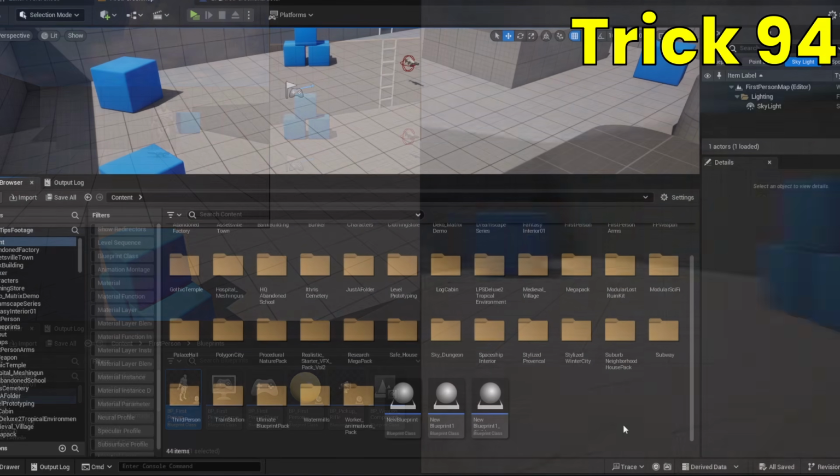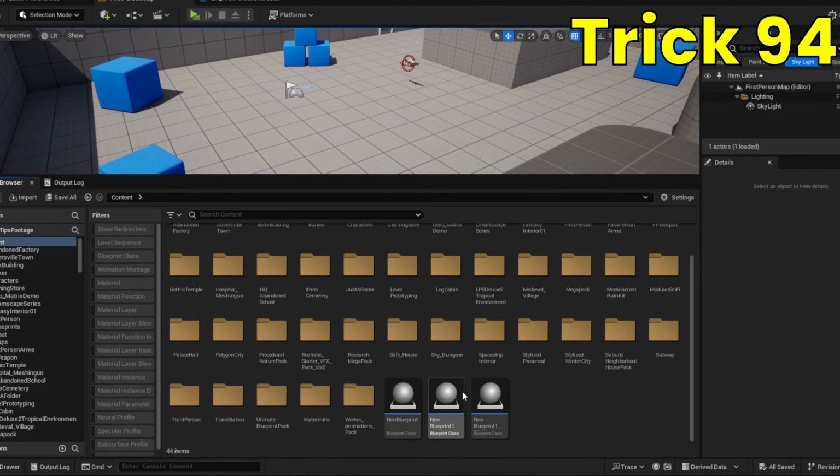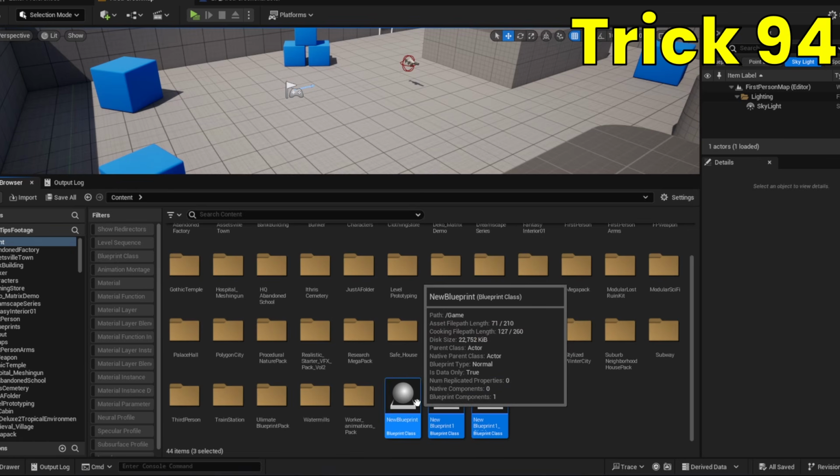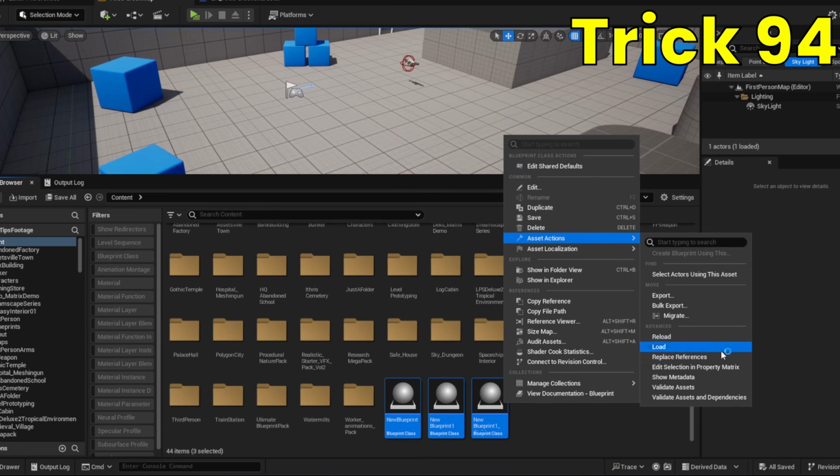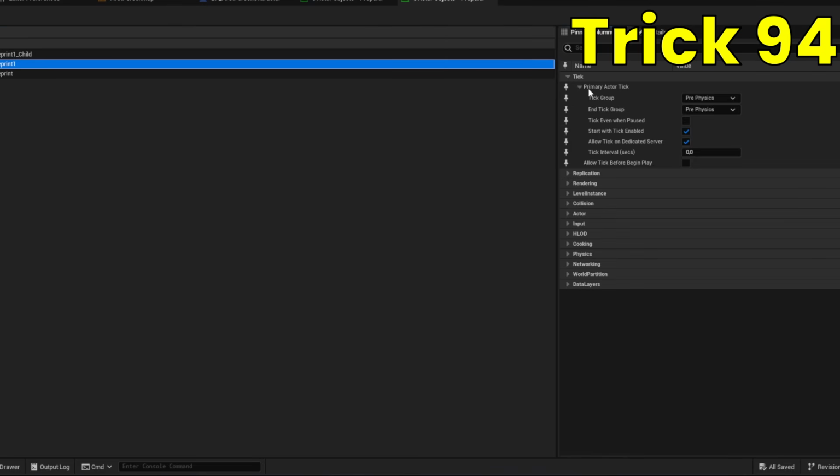Here's an incredibly useful tip. If you want to edit multiple assets at once, perhaps to change a specific setting you forgot to change on every asset, select all the assets you want to modify, right-click them, go to Asset Actions and select Edit Selection in Property Matrix. Here you will see all the settings of your assets, and any changes you make will apply